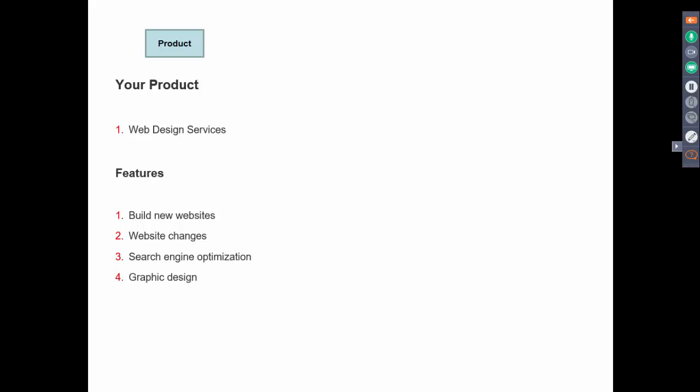And I get emails every day from web design companies, and the email looks like this. Hey, I'm with this company. We do this type of web work, and this is how much it costs and whatnot. That's what their email looks like right here, essentially.